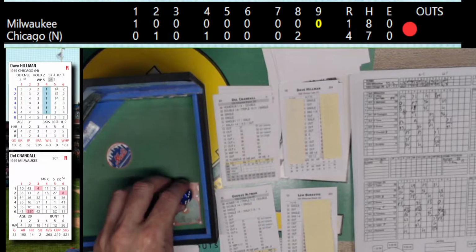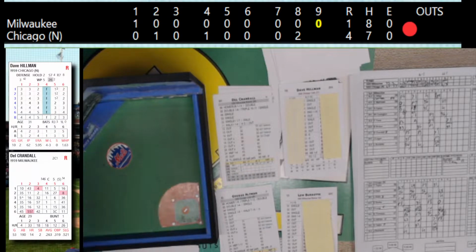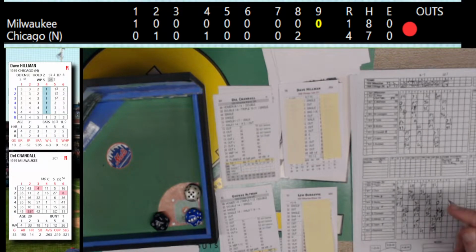Crandall next. That's going to be a 35, and that'll be a line drive to right field. On the run is Walls, and Walls makes the nice running catch to rob Crandall of a hit. So he went the opposite field, and Walls was in the gap waiting for it and made chase and caught up to it.